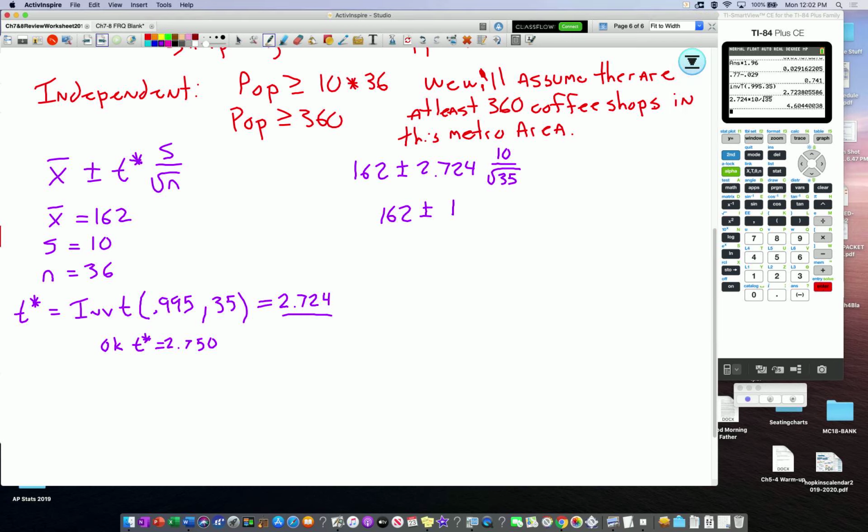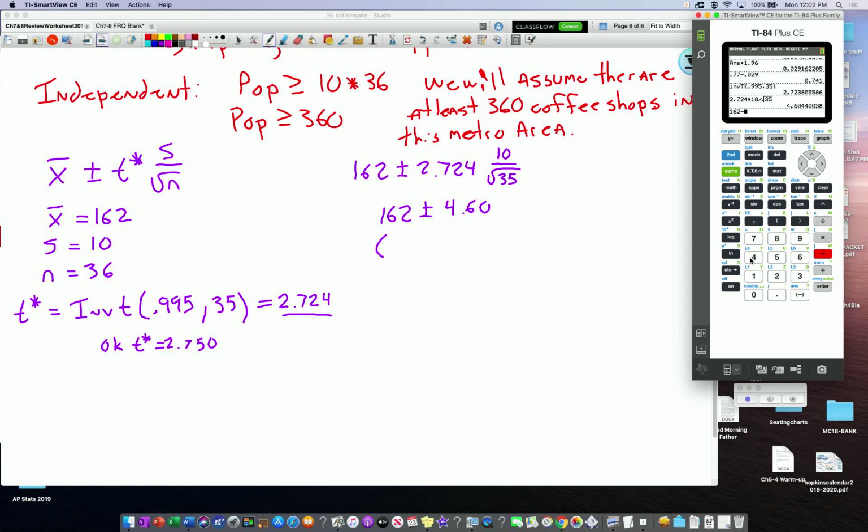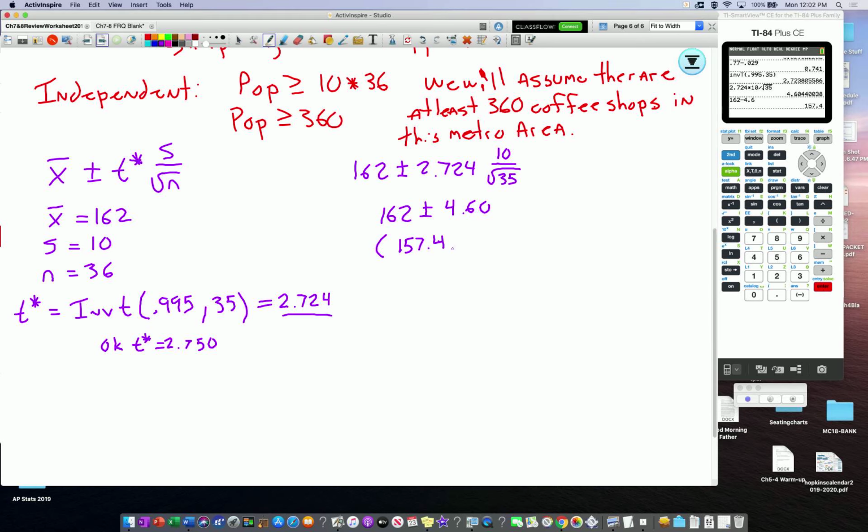I'm getting a plus or minus of about 4.604. I'm just going to go 4.6 since it'll keep it nice degree-wise. So 162 minus 4.6 is 157.4